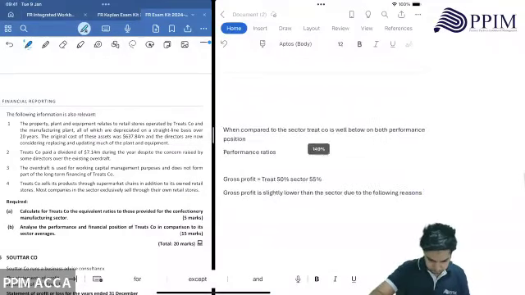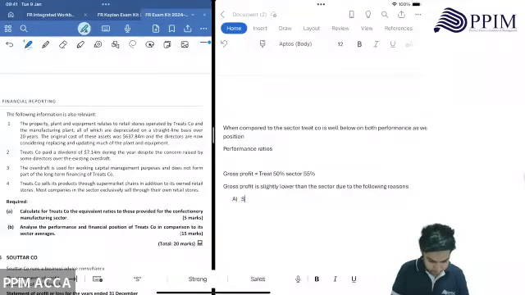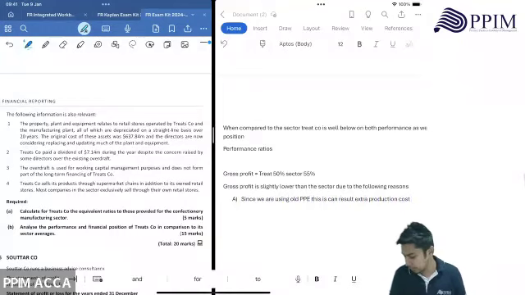A, since we are using old PPE, this can result in extra production cost. When I say extra production cost, I normally mean repairs, maintenance, wastages, impairments. These things can affect our cost of sale. But the main reason,